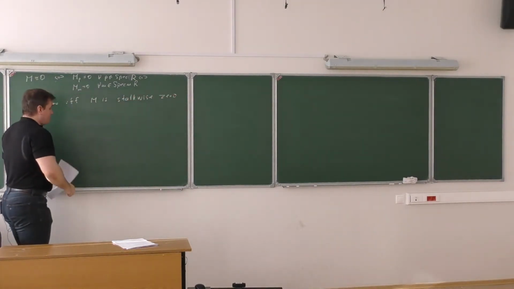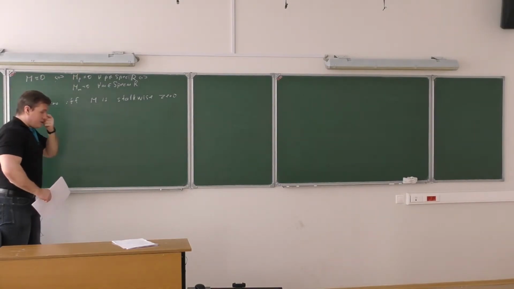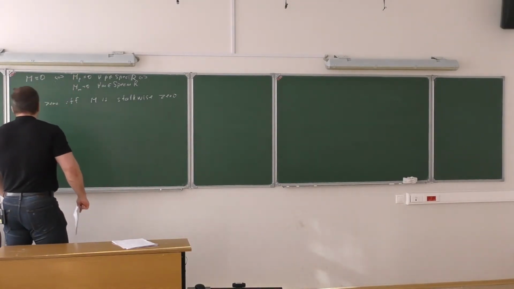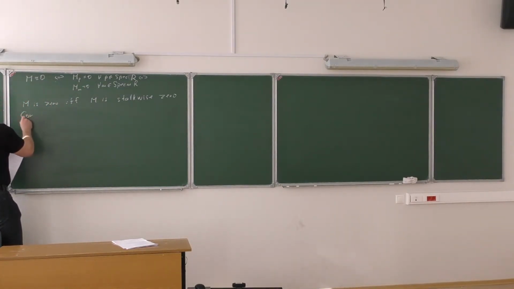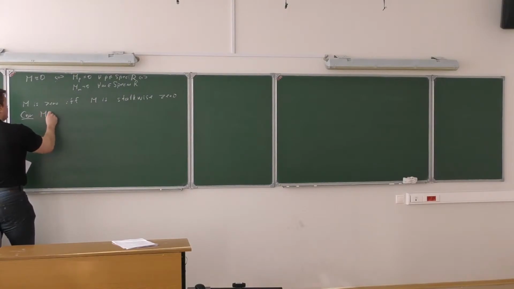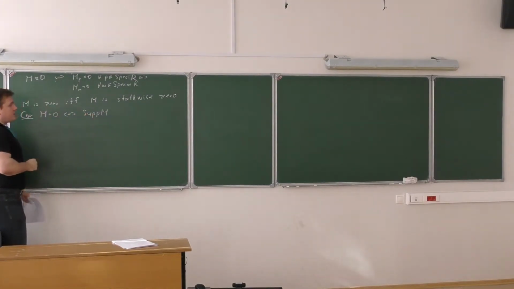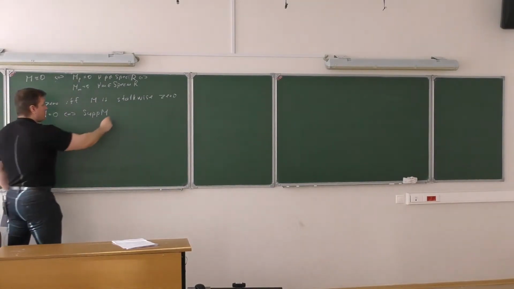Because we essentially look at this module at every localization, at every prime ideal. Sometimes this terminology, the support of the module, makes more sense when you discuss shapes, for example in algebraic geometry. This terminology is also used in algebra. From this we can immediately derive the following: M is zero if and only if the support, a subset of the spec of R of all prime ideals such that the corresponding localizations of the module are not equal to zero, is empty.